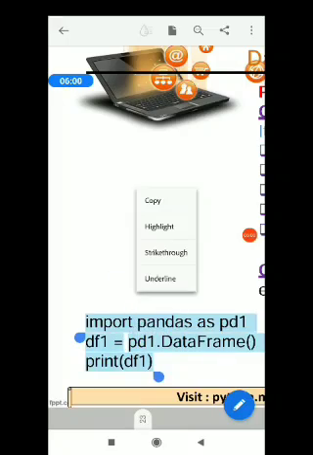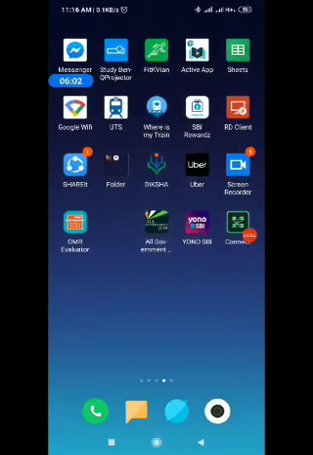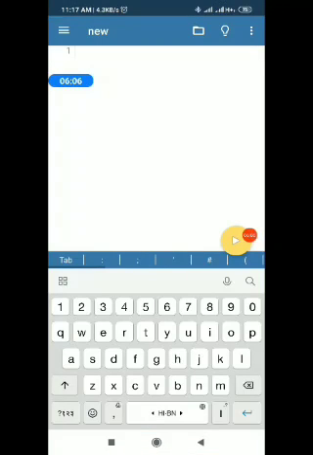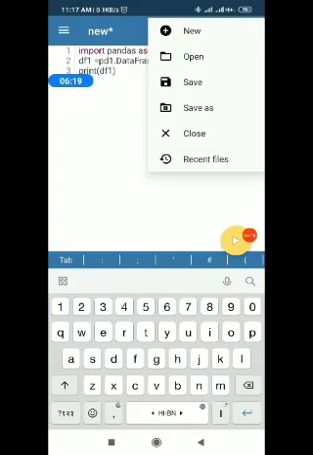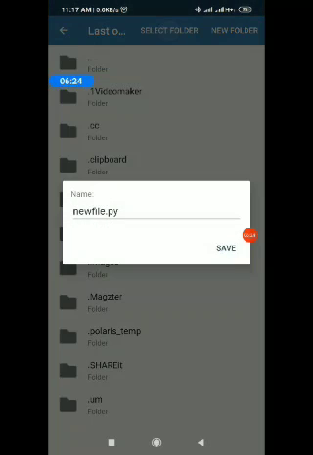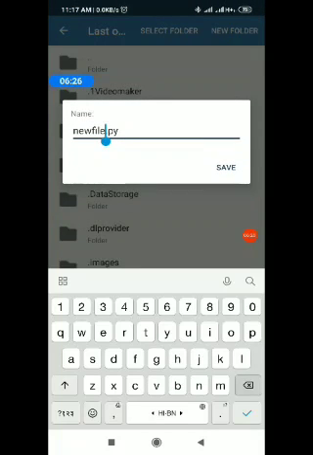Let us try this code in my Pydroid editor, and I want you to use the Pydroid editor to write this simple code. I have copied this, so I have created this. Now I want to save, so I'm clicking on save, last open folder, select folder, give the file name as say df.